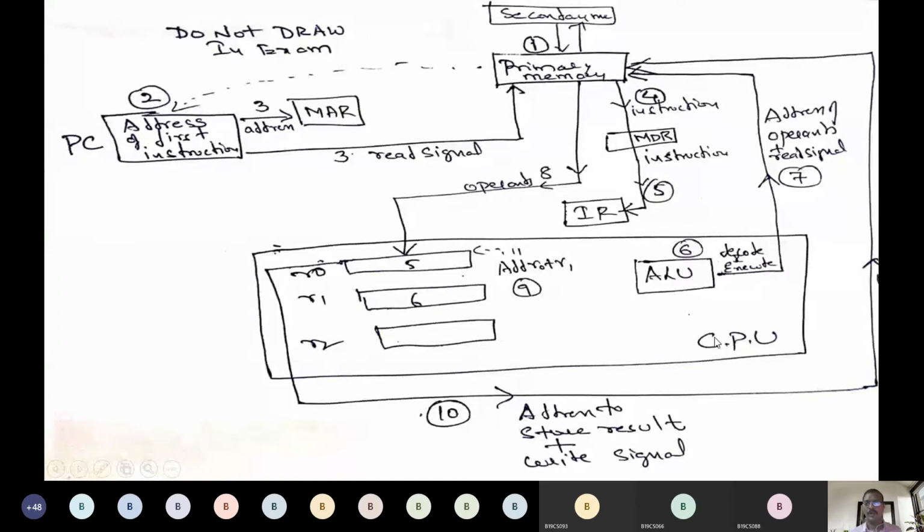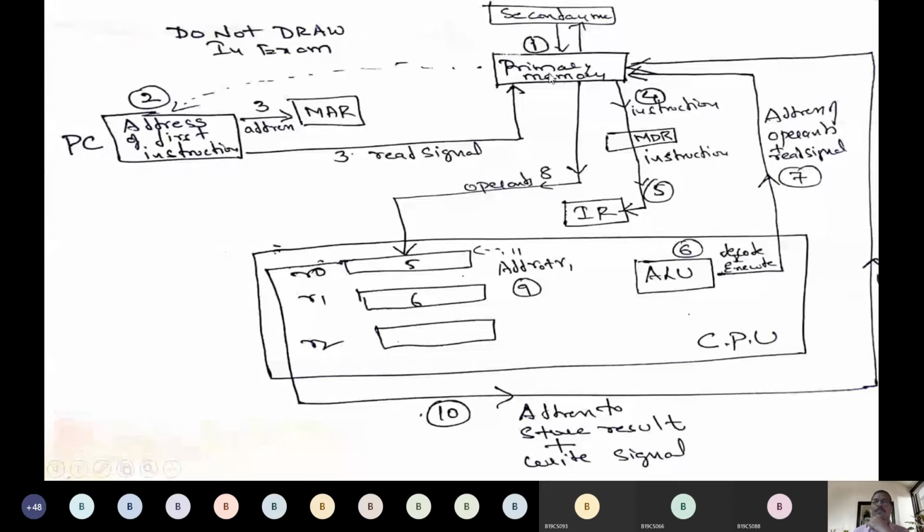If I want to do the reverse of this, what is the operation? Write operation. What will the write operation do? Can anybody say? Data transfers from where to where? With the write operation, you can see the write signal, the reverse. Data transfers from CPU to primary memory.